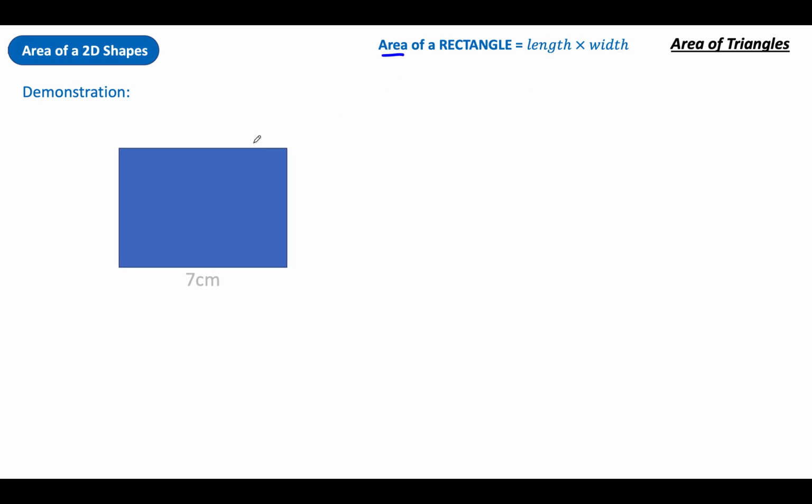Hi there, so we're going to do some more area of 2D shapes, and today we're going to be looking at the area of triangles. But before that, you should have done area of rectangles, and remember it was length times width to find that area. Area is the space inside the shape, so all that blue area, how much area is it taking up